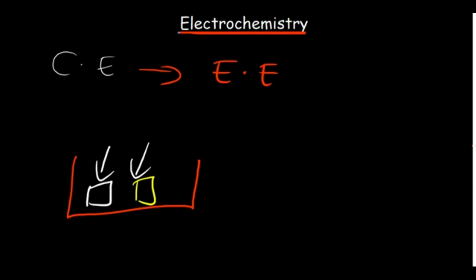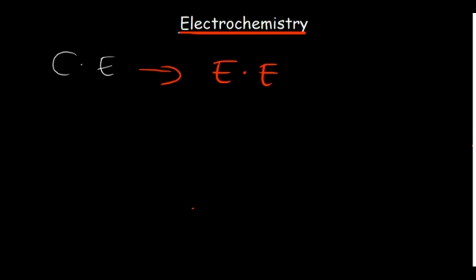Since we've said these reactants are going to involve the transfer of electrons from one to the other, when you put them in a single solution, there's going to be a direct transmission or movement of electrons from one reactant to the other, and in such a case no work is going to be performed. So the setup of a galvanic cell comes out differently